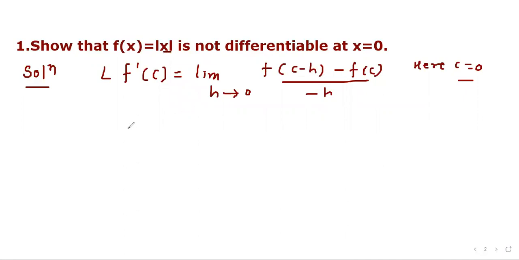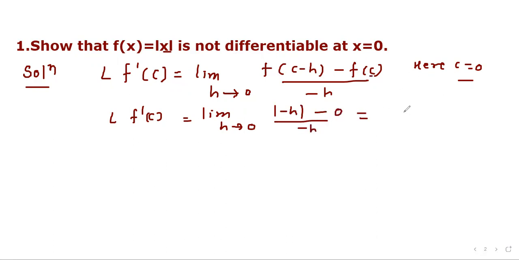So L f dash c equals limit h tends to 0, and when we put minus h here, modulus minus h minus f(c), which is 0, divided by minus h, which will give limit h tends to 0 of h upon minus h,